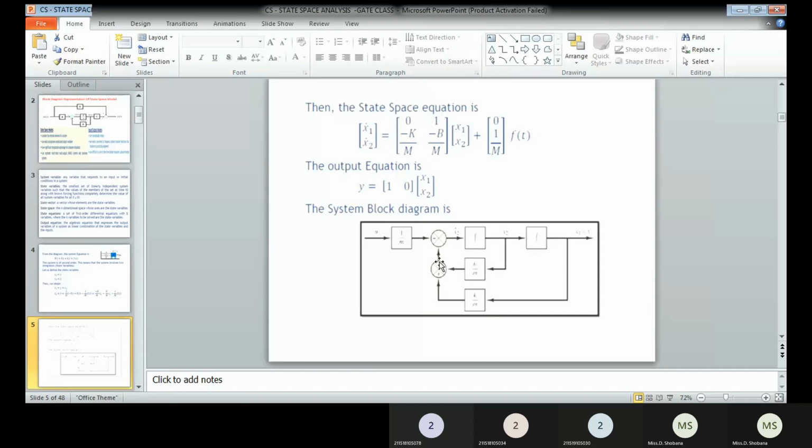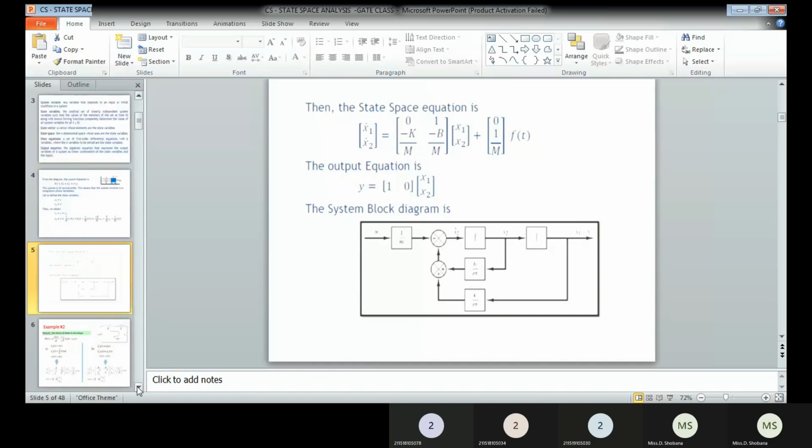So that is given to the adder along with another summer. So therefore here we will be having an input signal that will be added together. Okay, so here the input signal is nothing but u of t, the coefficient is 1 divided by m, and that is also with a minus sign. So this is how you have to draw the state diagram. If you want to check the output, the output is directly taken from the second integrator. The second integrator output is nothing but your x1. So y of t is equal to x1. So it has been obtained, and we can draw the state diagram also.